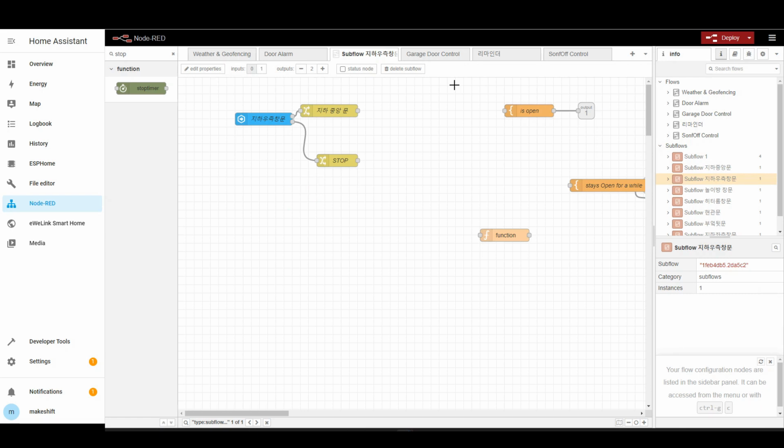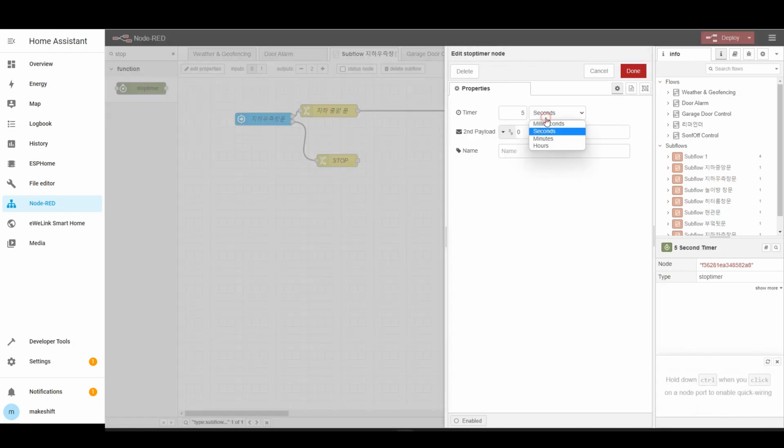In order to link all the broken connections, first, make a connection between the change node of door name and the template node for string conversion. Next, bring the stop timer node to the proper place. In order to broadcast a door open reminder every 9 minutes, set the stop timer node to wait for 9 minutes.